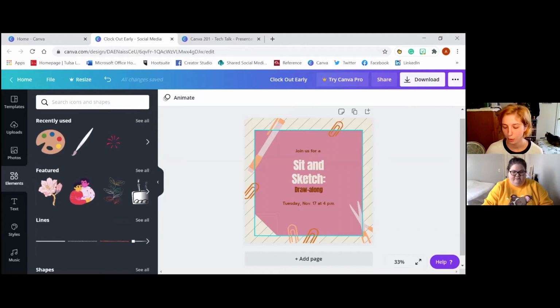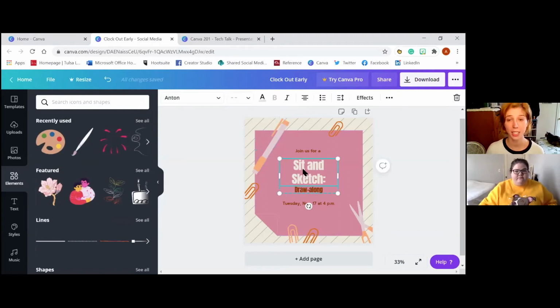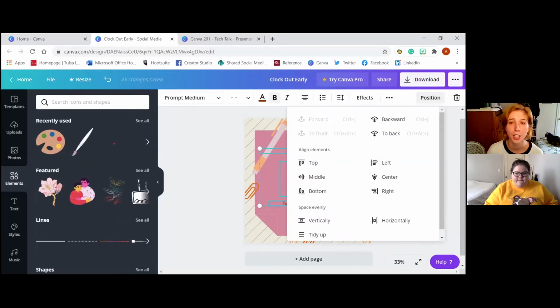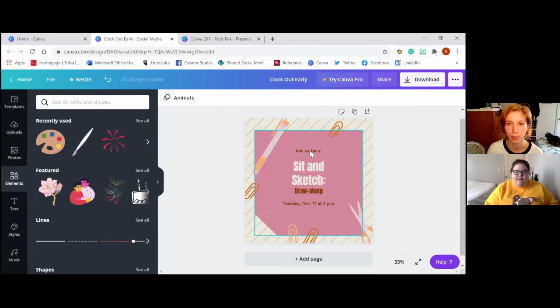All right, so what else do we have here? Alignment is really helpful. So this looks kind of wonky, right? But if I want to space these text boxes evenly, I'm going to hold Shift and click each of them. I'm going to go to Position and center them so that they're all centered relative to each other. They're not centered relative to the page yet, but I'm also going to space them vertically so that each box